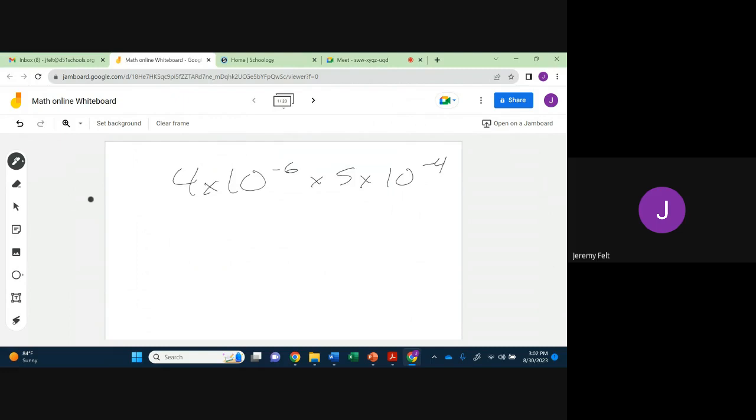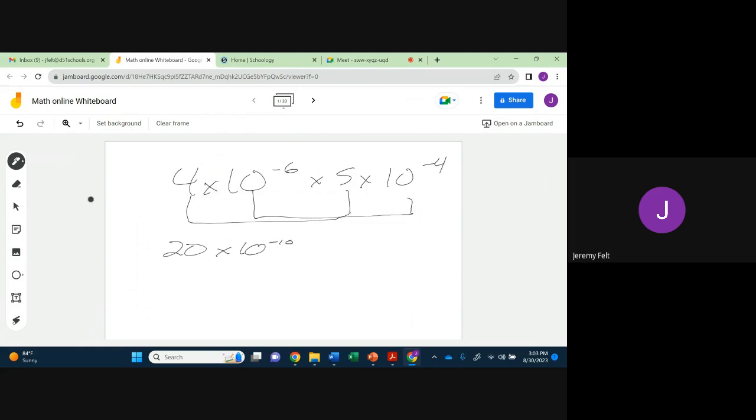All right, so again, coefficients first. 4 times 5 is 20. 10 to the power of negative 6 times 10 to the power of negative 4. Okay, same base as always. I'm multiplying, so I add negative 6 plus negative 4 gives me